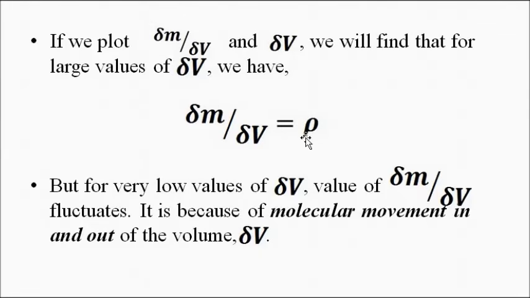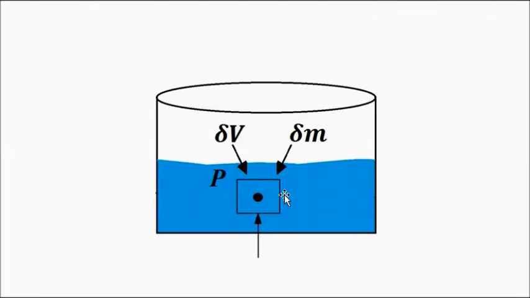The density will be slightly different. Now why does this happen? Because when we keep on decreasing the sample space from which we are taking the sample for study,